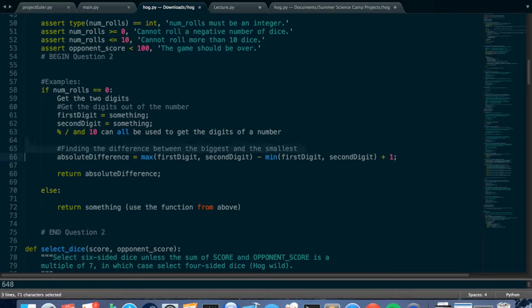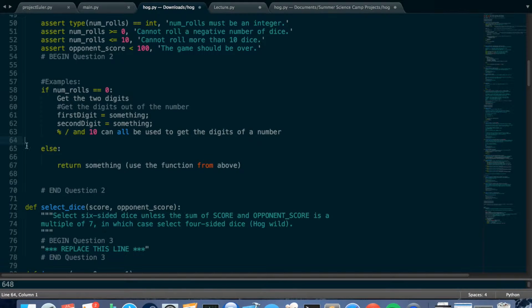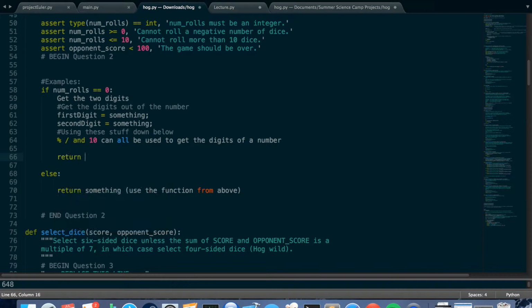And we can delete this. We can delete that. Using this stuff. Okay, so we're going to get the digits using these stuff down below. Okay, and then what am I going to do? I want to return the biggest one plus 1,